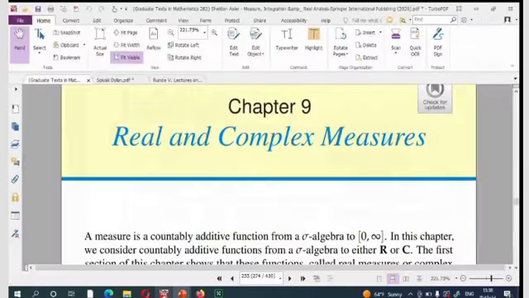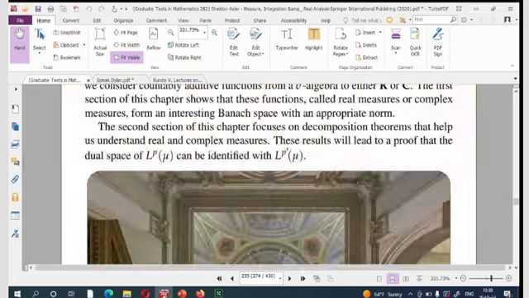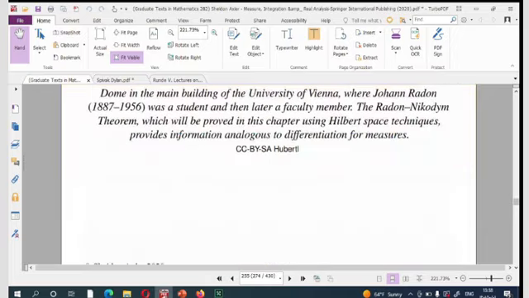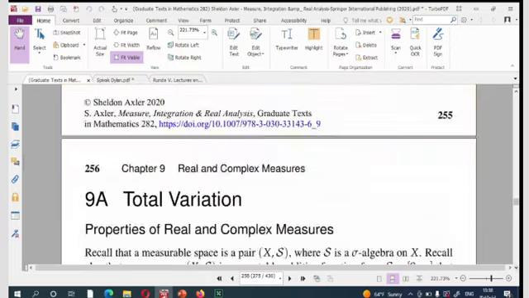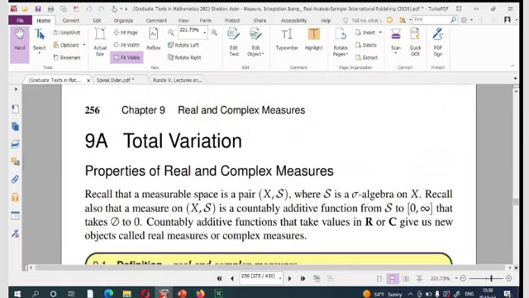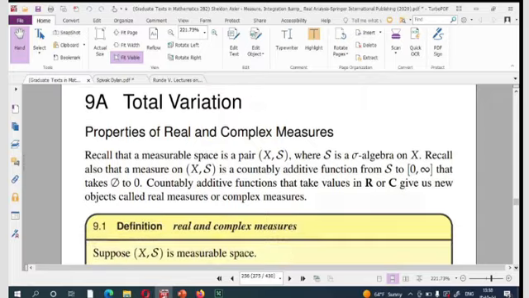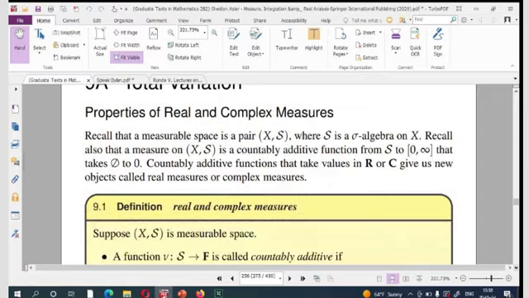in this chapter we see measures that its values are in real numbers or complex numbers. Okay, and it is nu for u, and we see the definition of total variation and also Hahn decomposition. Okay,